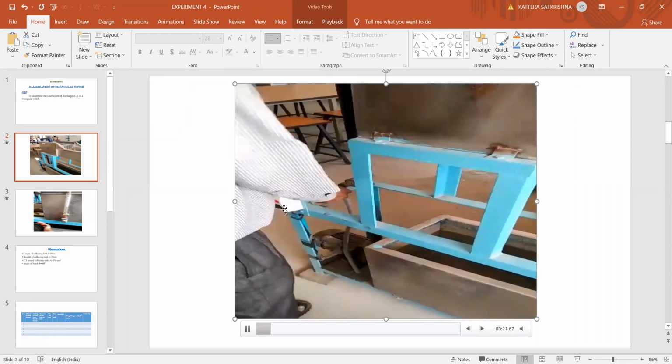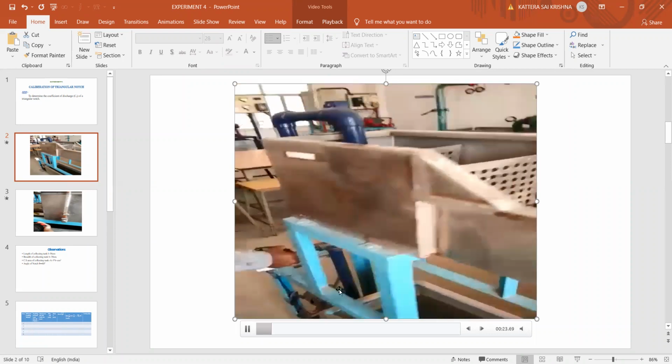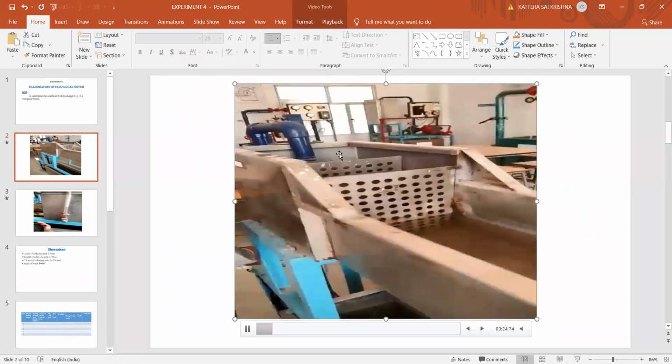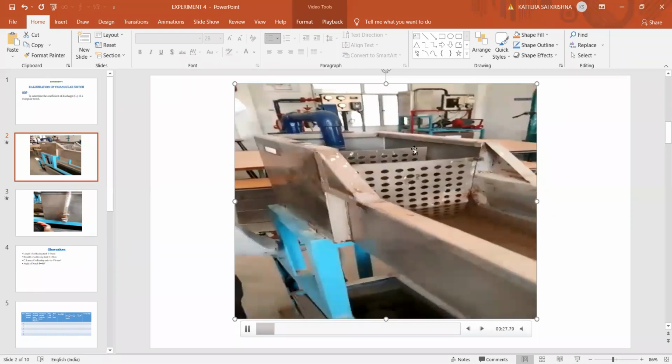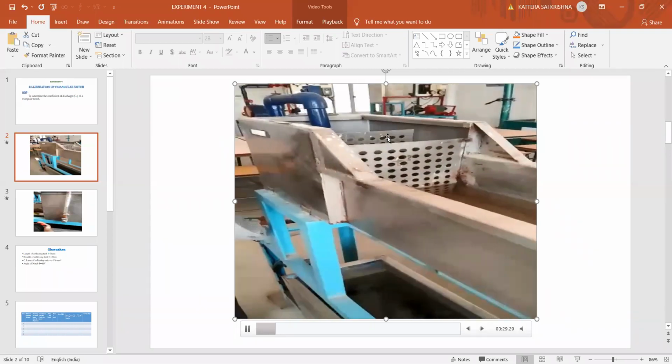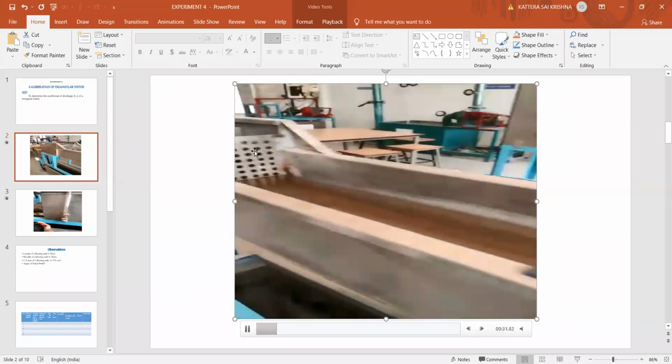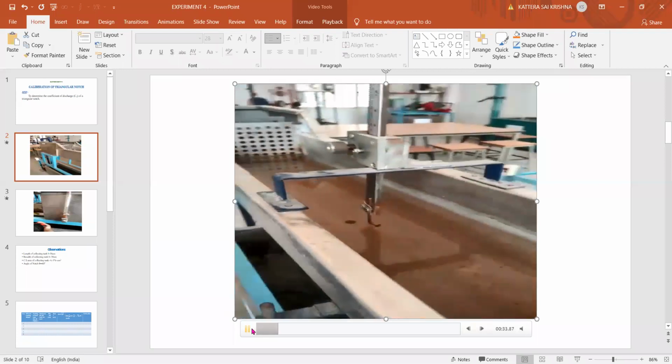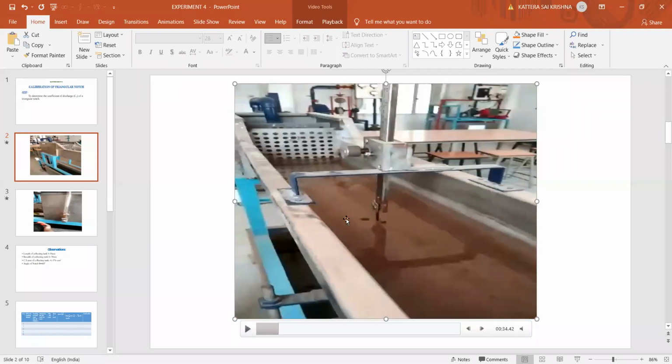Right, when we start the pump, what happens? The water flows through the pipe and first comes here and fills up. These plates are placed here because the water coming from the pump creates some waves. But when we are taking these H readings, there should not be any waves; it should be constant, in a steady flow. It should not move, just look like a straight path.